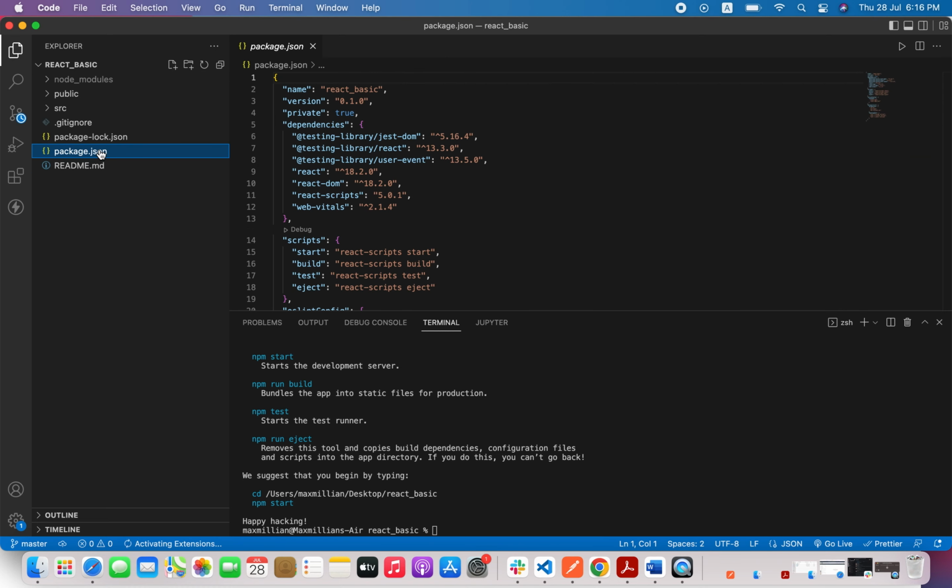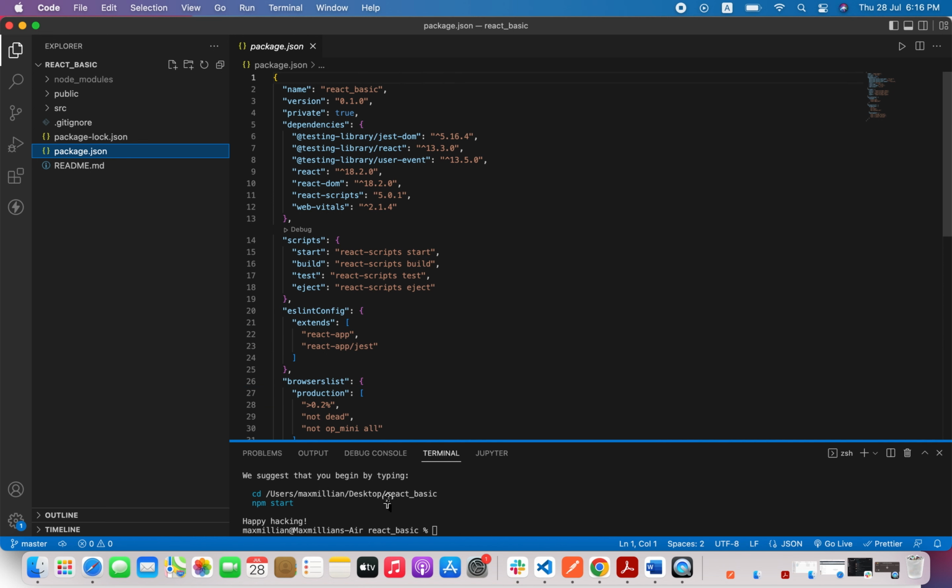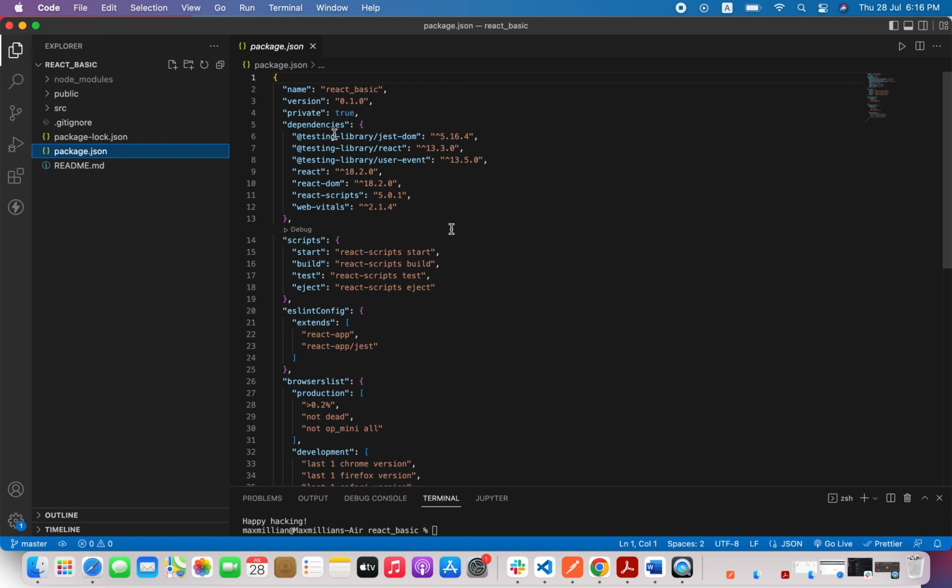And then this one is the package.json file, which is very, very important. It keeps track of all the dependencies that we are going to be using for our application. We are not going to be using this testing library, because it is used to test React applications. We will not use this also. We are using React